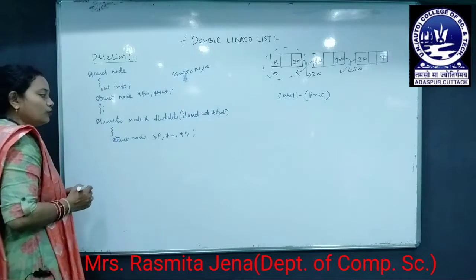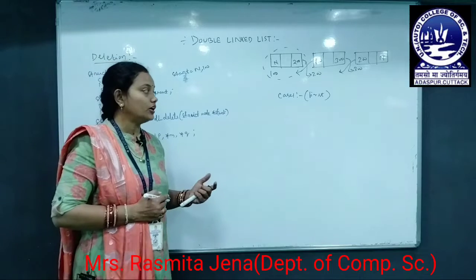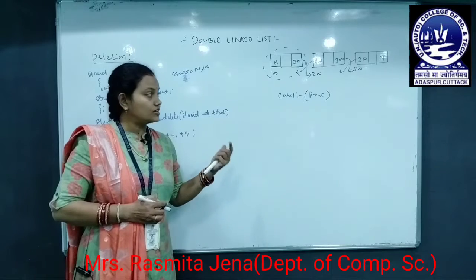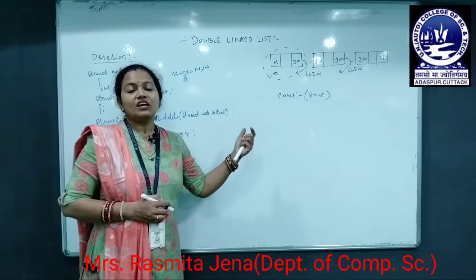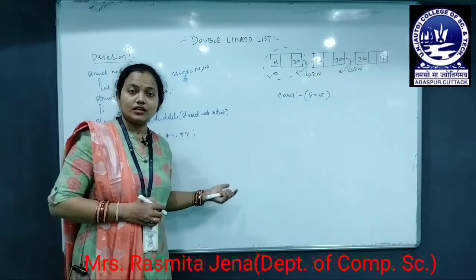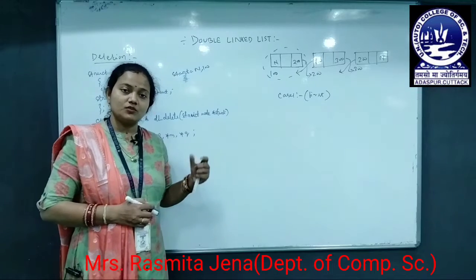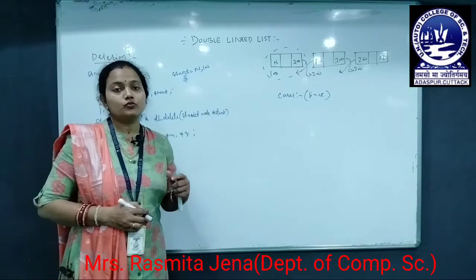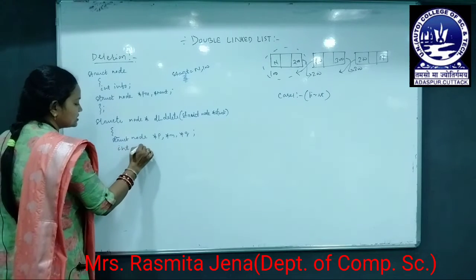And we must input the choice value for the switch case, because we are executing 3 cases. In case 1 we delete the node from the first position, in case 2 we delete the node from any position, and in case 3 we delete the node from the last position, or last node, of the double linked list. As we are executing 3 cases, we must have a switch case. As we have a switch case, we must input our choice, and for that we must declare an integer variable which holds the choice value. So, declare int ch.